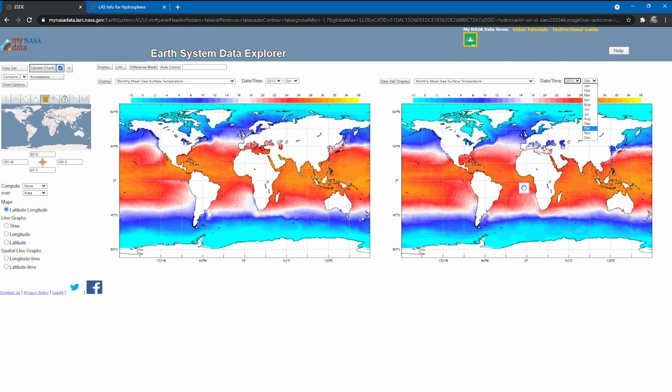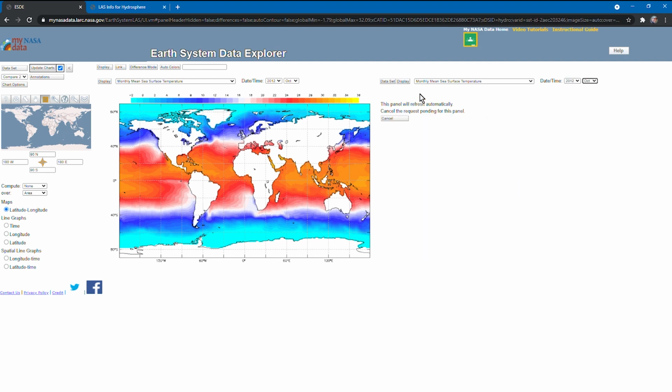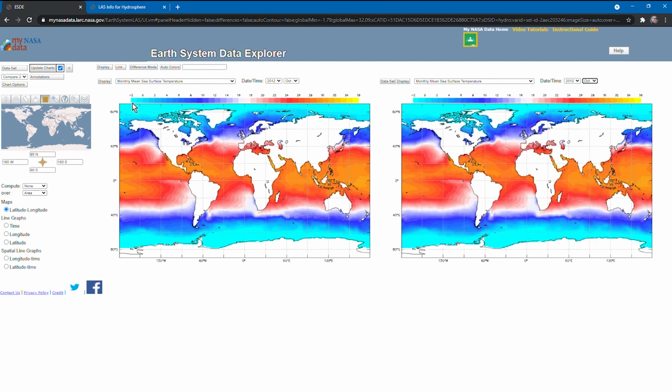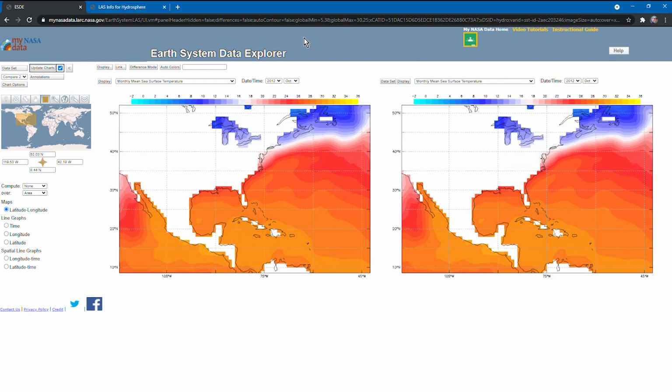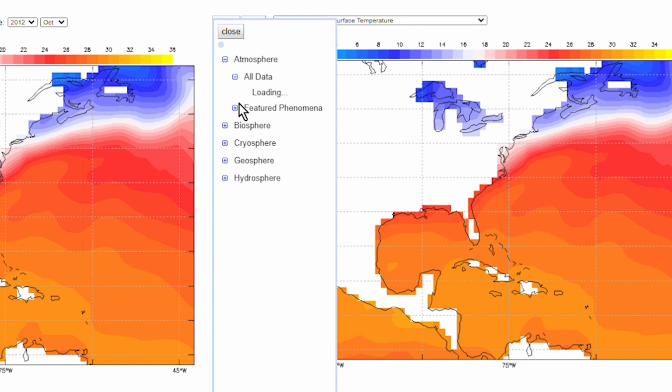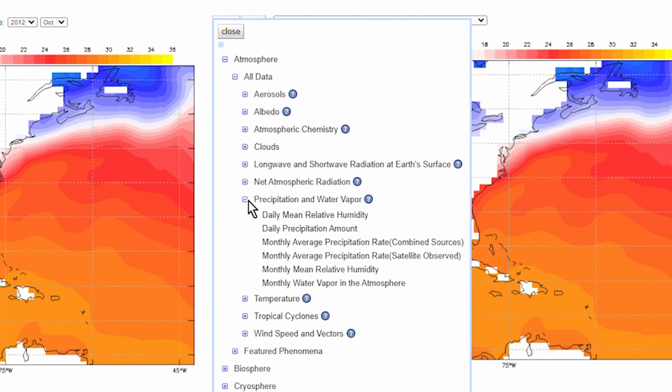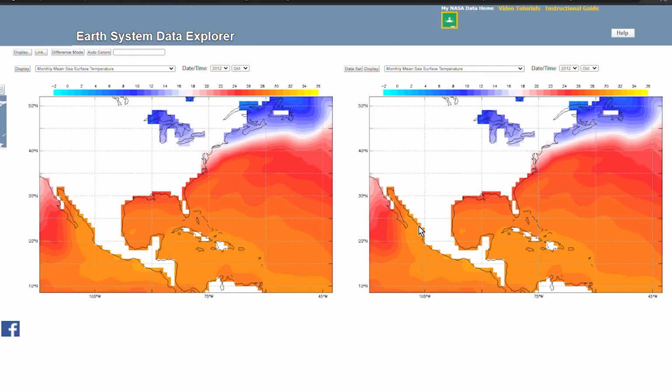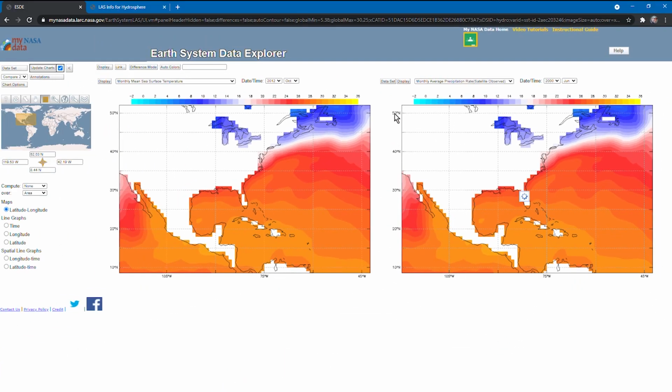When I go ahead and select sea surface temperatures, it is probably going to tell me to reselect the region, which is completely fine, and we can do that very easily. Go ahead and reselect and update it, and make sure that our time is still where we would like it to be. We can also look at different variables. We could look at monthly precipitation for October 2012. These are just some of the other uses of the Compare To feature of the Earth System Data Explorer.